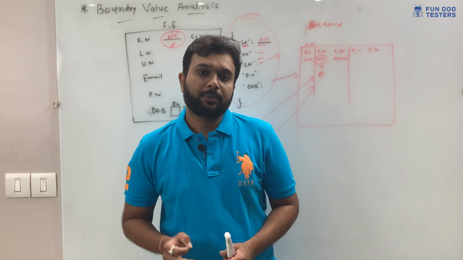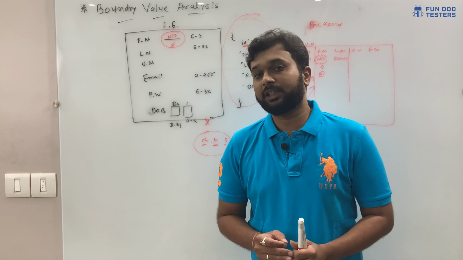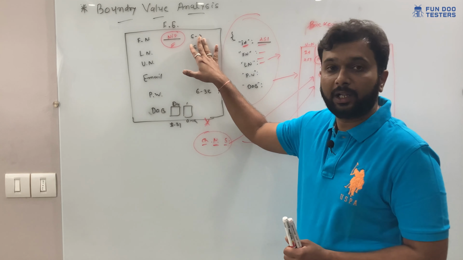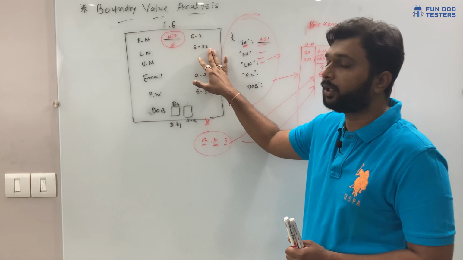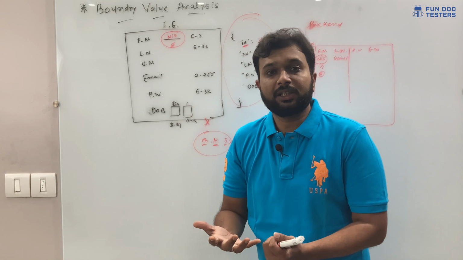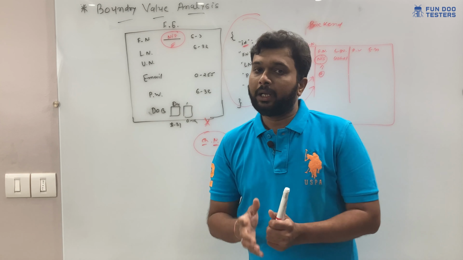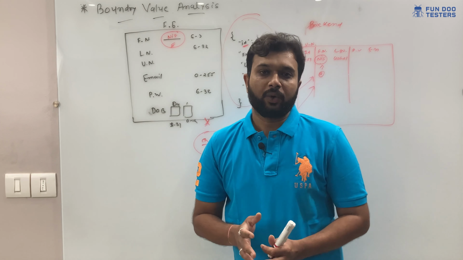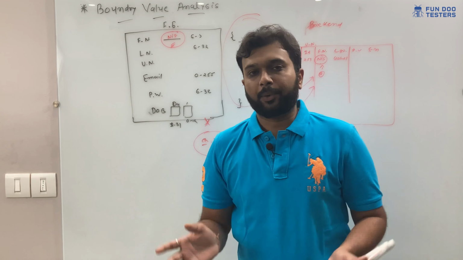Now the next point is, from where will we get this information? For example, this field will have 3 to 32, or 6 to 32. So where will we get this information? In many cases, if we are working in a well-processed or well-organized company, we will get information in the form of requirement documentation. We will have a requirement for the sign up functionality, and in that requirement it is clearly mentioned everything.